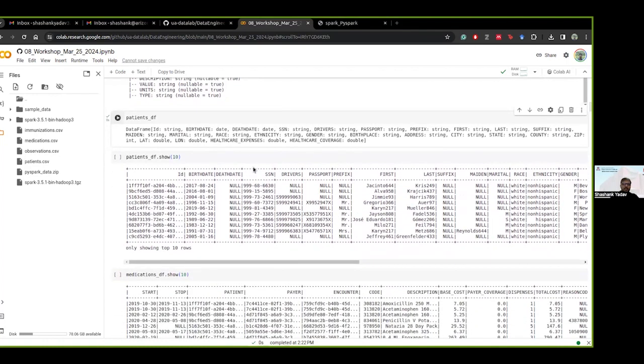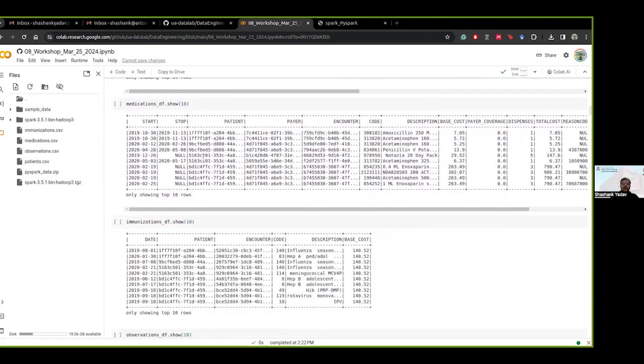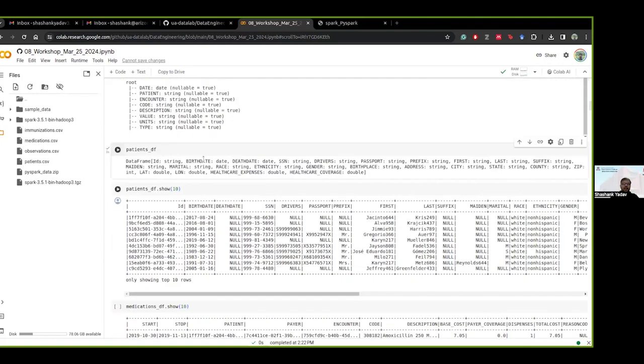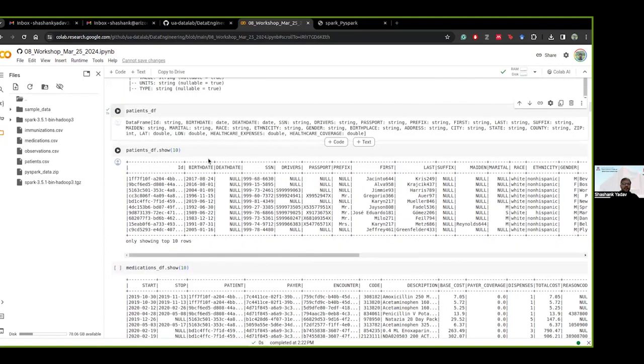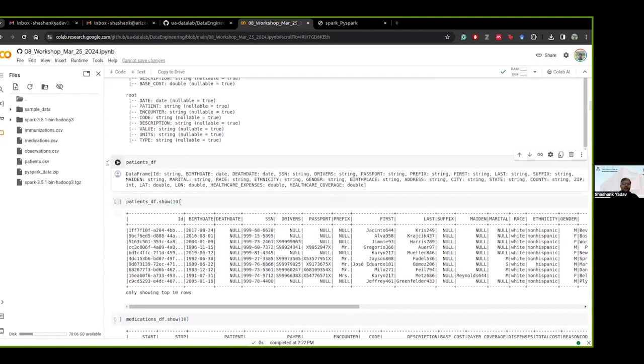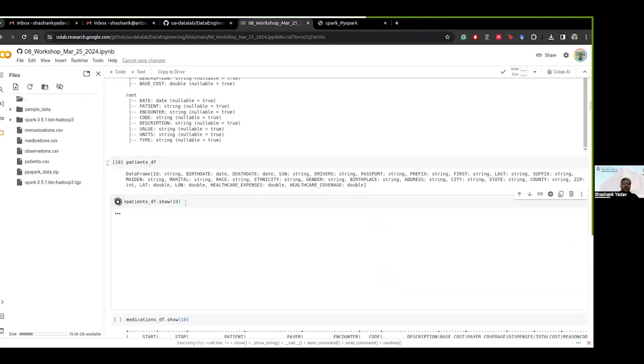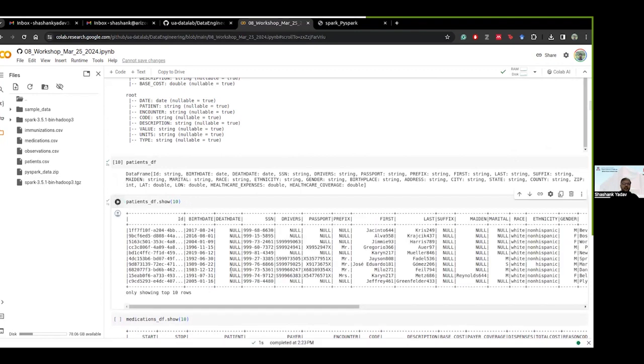Okay, moving forward, from here on, we'll have all the commands which are similar to SQL, and also similar to pandas. For example, if you want to know more about patient's DF, in pandas you would do DF name dot head, and in the parentheses you put how many rows you want to print. This is also similar: if you just say patient DF dot show 10, it will show you the top 10 rows